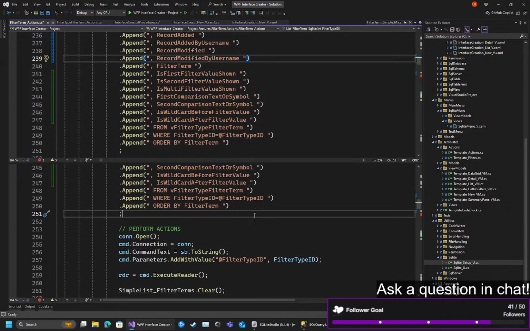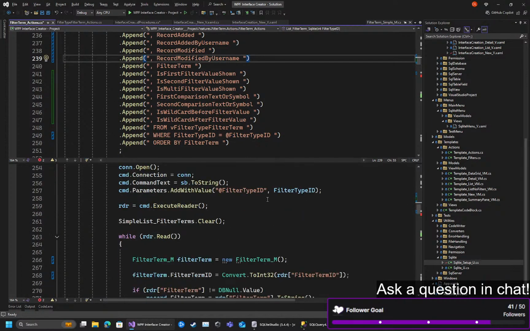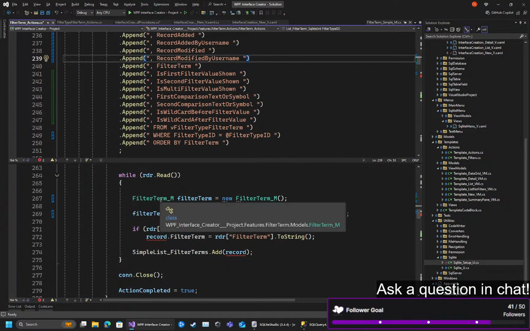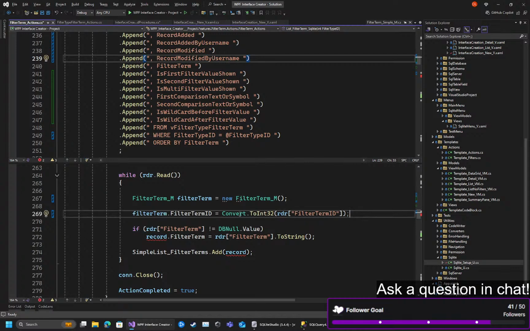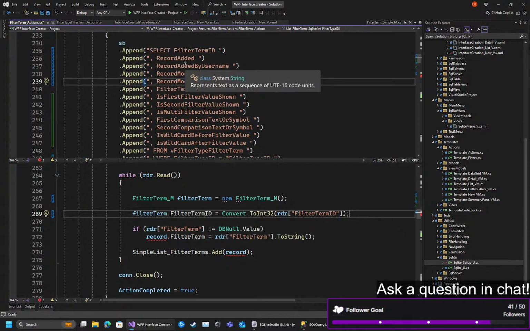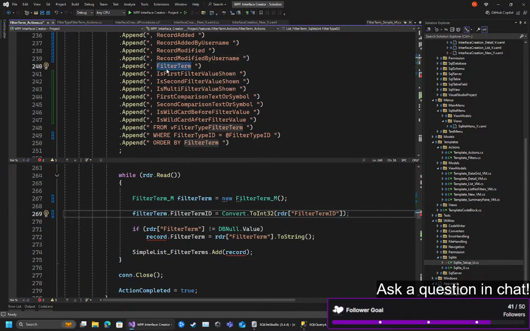Good. Order by filter term based on a filter type ID. And so we send in that parameter, and then we're identifying the filter term that we're going to fill in, which is fine. And then we're going to fill it in based on this stuff up here. So we have filter term, and filter term is based on that string,